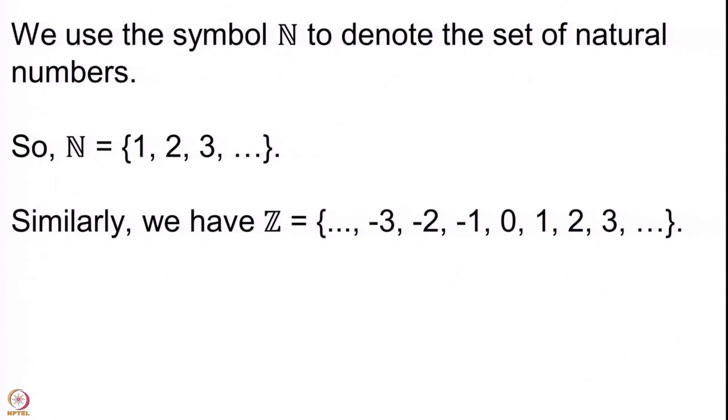In German, whole numbers or complete numbers, those which are not fractions, are called Zahlen. The spelling is Z-A-H-L-E-N, that is the plural. So, Z comes from that Zahlen. Okay. So, we have two sets now. We have the set of natural numbers, which is 1, 2, 3 onwards, and we have the set of whole numbers or all integers, Z, which comes from negative infinity, then you have minus 3, minus 2, minus 1, 0, 1, 2, 3 and then you go on. So, it goes to infinity in both directions.